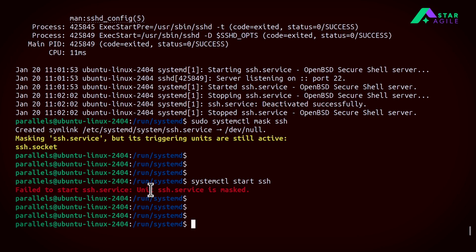So a use case where admin knows that there is a service, it should not start, or anybody should not be able to start it because it makes some changes, or it updates some files which admin does not want to be updated because it changed the behavior of OS. So in that case they can mask the service, and then after that nobody will be able to start it until admin unmasks it. Currently I am an admin, that's why I can make all these changes, but in